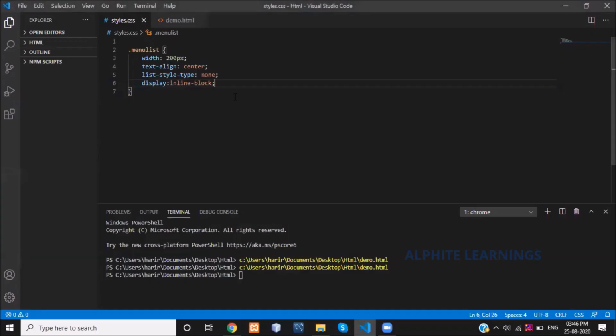Hey guys, it should come in an inline block. I don't know what mistake I made. I'm not getting it here. Let me explain it to you tomorrow. Don't worry about it.